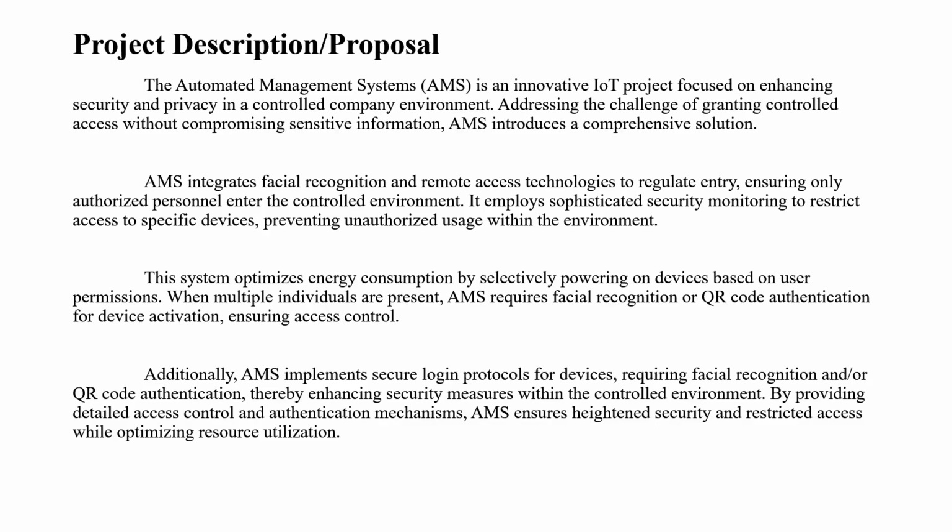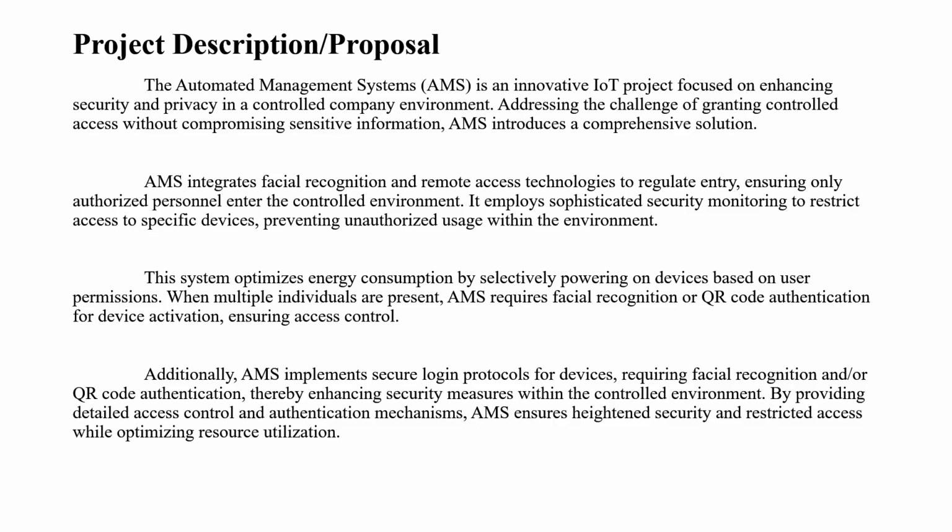When multiple individuals are present, AMS requires facial recognition or QR code authentication for device activation, ensuring access control. Additionally, AMS implements secure login protocols for devices requiring facial recognition and/or QR code authentication, thereby enhancing security measures within the controlled environment. By providing detailed access control and authentication mechanisms, AMS ensures heightened security and restricted access while optimizing